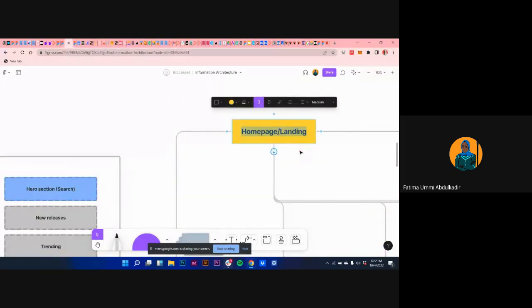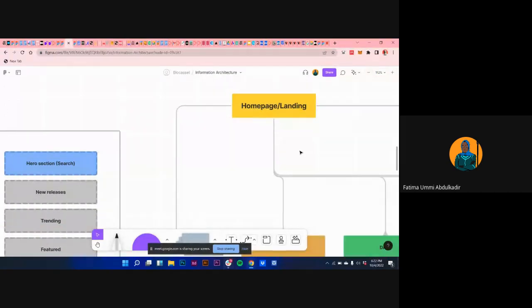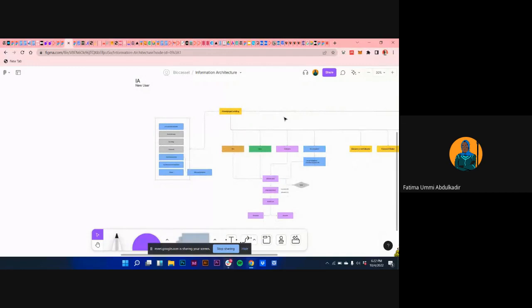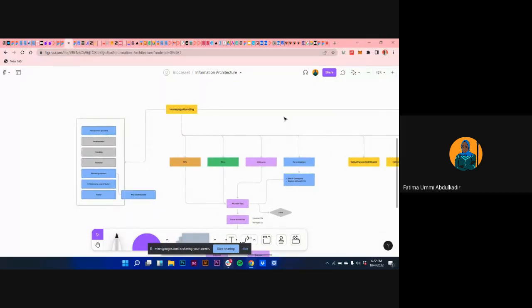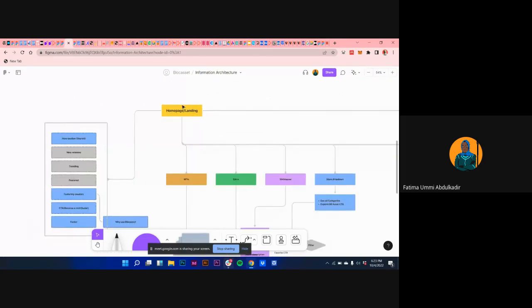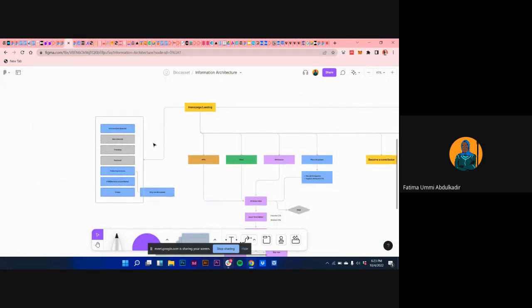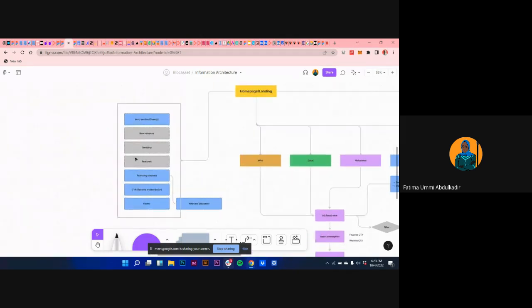Can we see my screen, by the way? Yes, please, I can. Okay, so this is an information architecture of a marketplace for, I told you we build a decentralized app for creators in the new web. So this is something I work on at my work. It's Block Assets. So this is the landing page for Block Assets. What's the content on the landing page? This is the link to that.